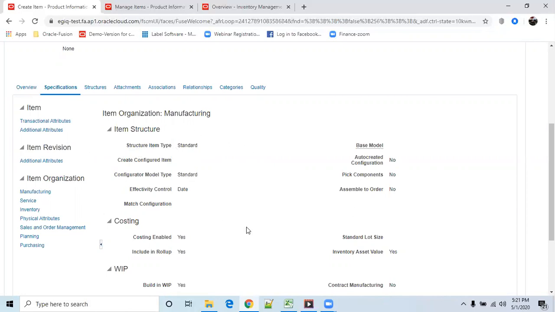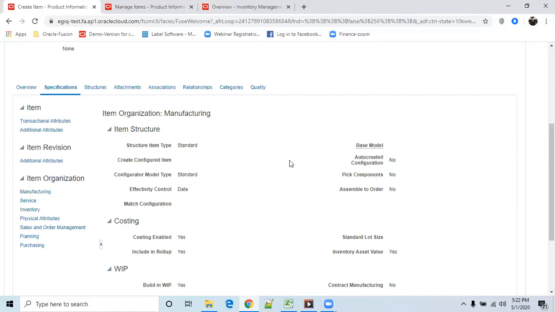Why? Because all these fields are being controlled by the master. If you don't want to control through the master organization, we can change that in the configuration. But as of now, as per the configuration, all these fields are controlled by the master.